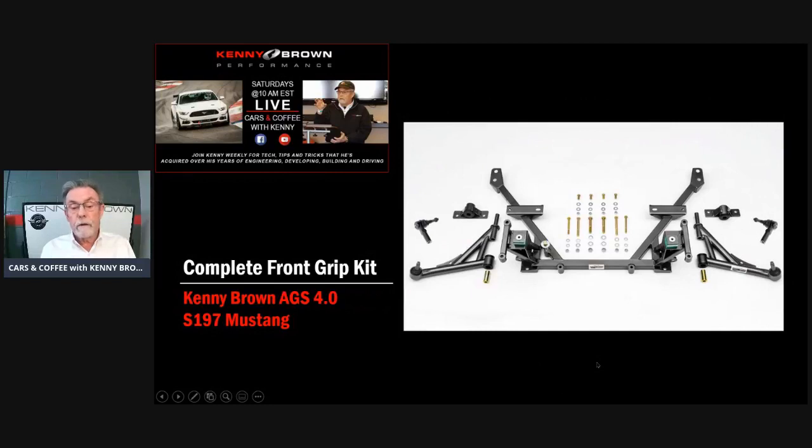Okay, here's the front grip kit, and it is pretty darn basic. It's a K-member and control arms. Now, you really can't buy the K-member or control arm separately unless you're planning on putting them together at some point, because they're both engineered to work together. I mean, the control arms we have won't work with a stock K-member because you won't get the geometry. And a stock control arm isn't really going to work with our K-member because, again, you're not going to get the geometry. So all it is, is the K-member, control arms, and the bump steer tie rod ends, which